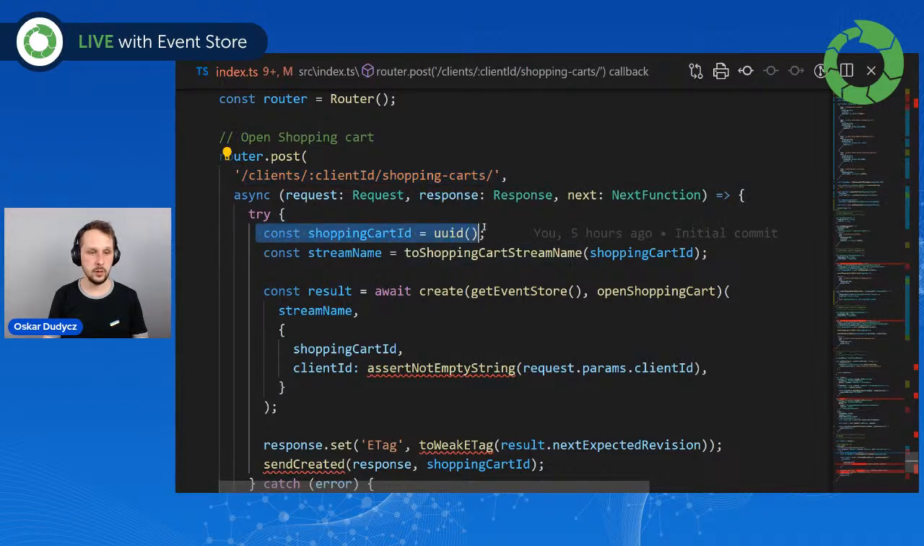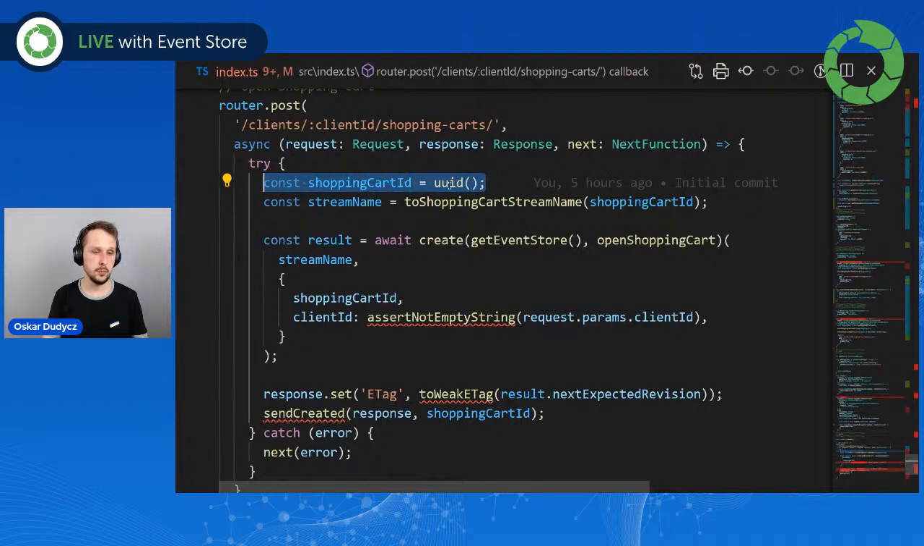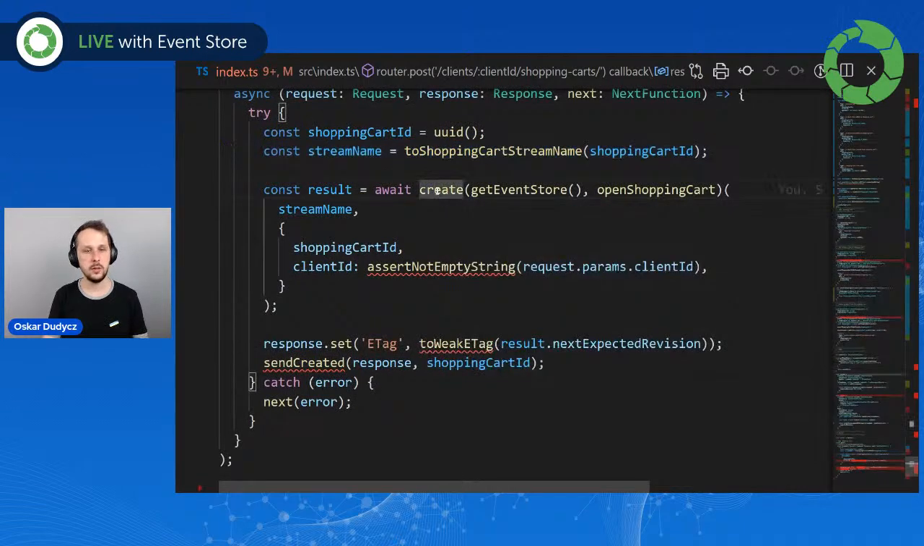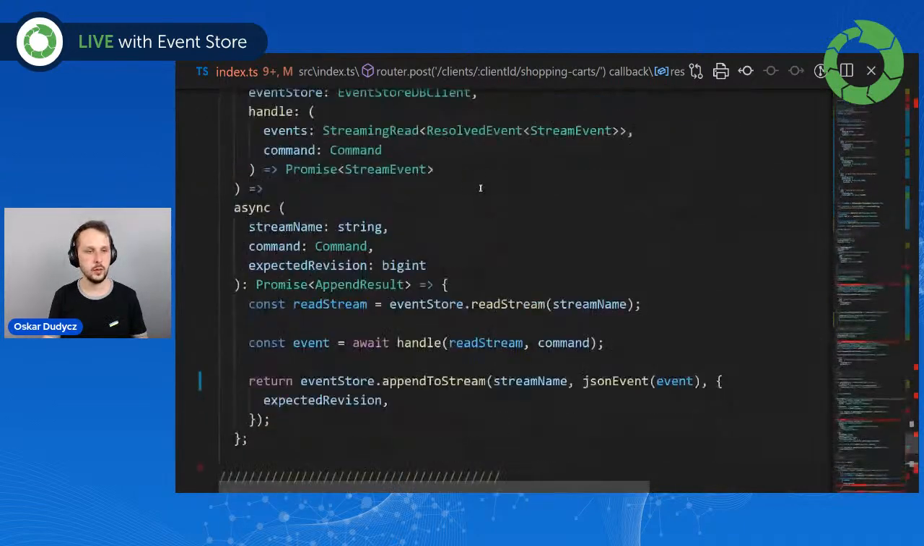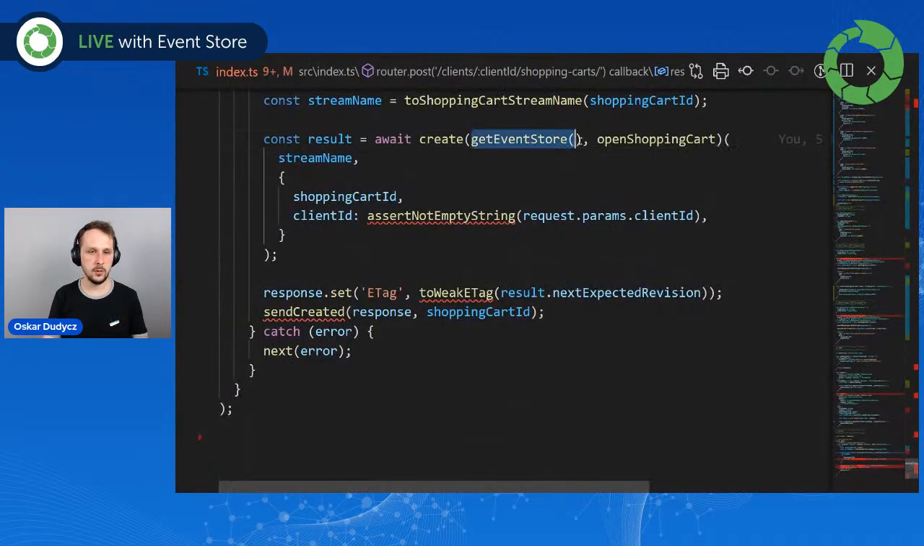So first, what we are doing here is generating on the server a new shopping cart ID. We could, in theory, send that from the UI, but that depends on your preferences. Then we are building the stream name, so we are adding this prefix with the shopping cart. And then we are calling the method create, the one that we defined above. So we are providing the event store client. We are saying that we will be running this specific handler for this specific stream with such data, with such